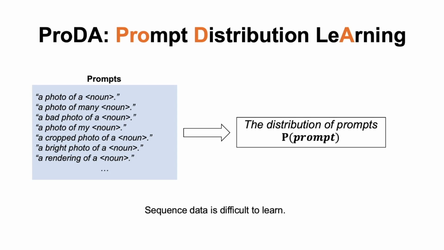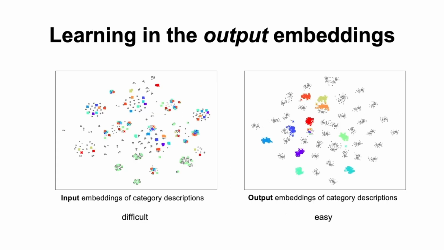Considering the soft prompt as a sequence of tokens, precise modeling relies on a complicated sequence generation model, requiring a large number of target samples for training. We adopt an efficient solution that learns the distribution of the output embeddings of the prompts, with class names, that is, the weights of the classifier, instead of learning the distribution of the input embeddings of the prompts. As shown in the figure,